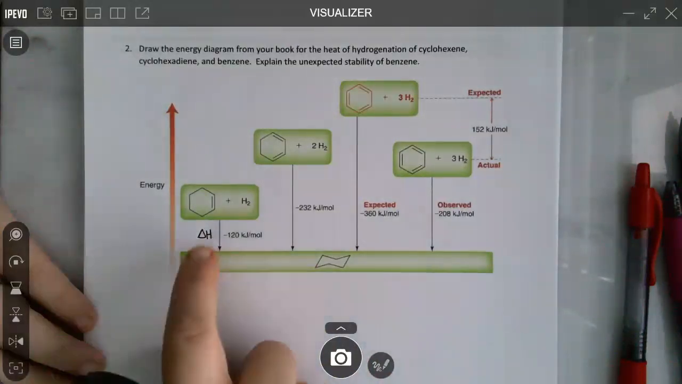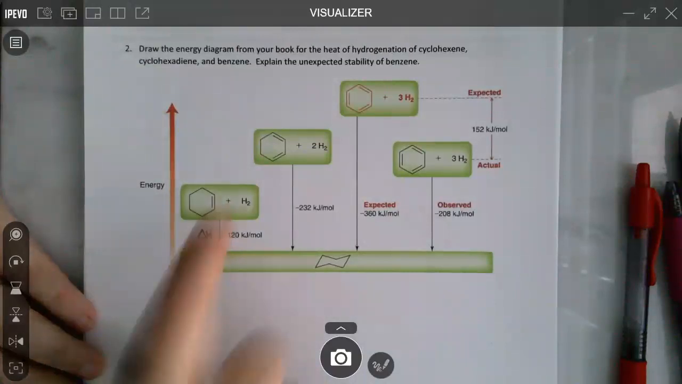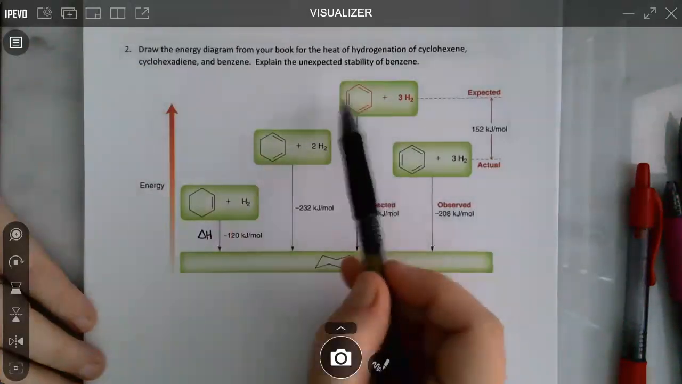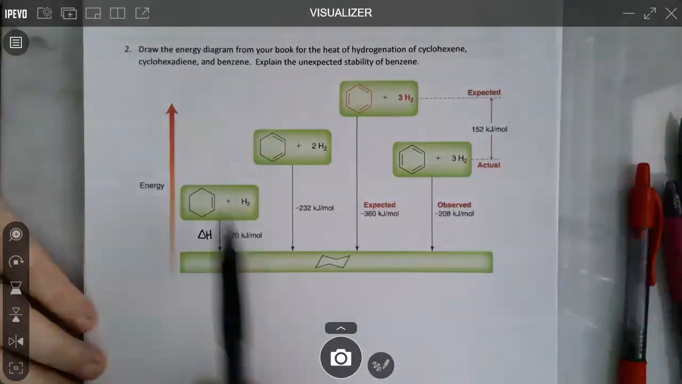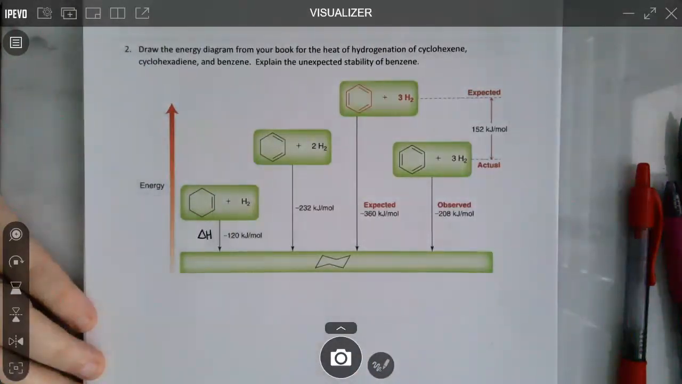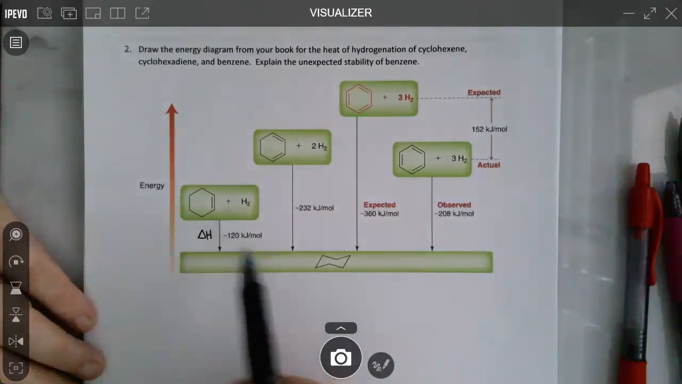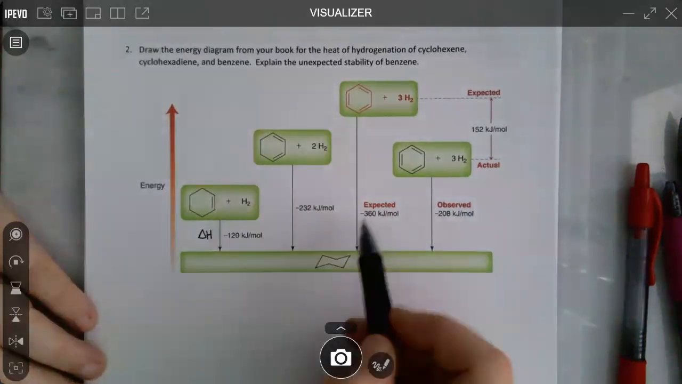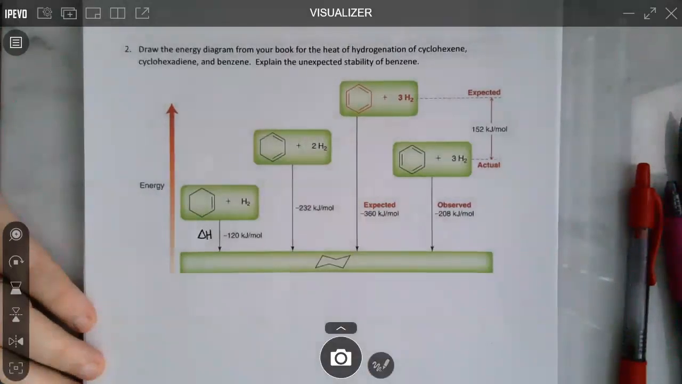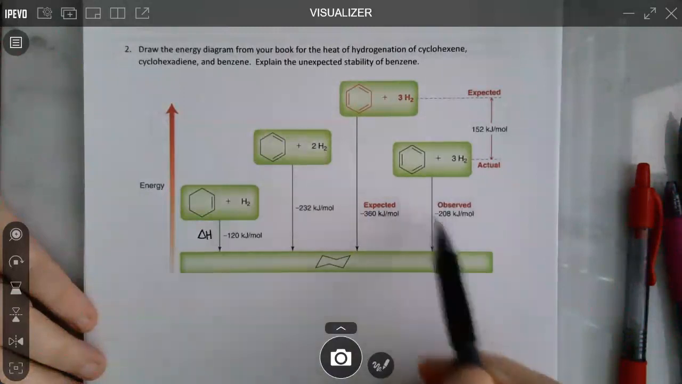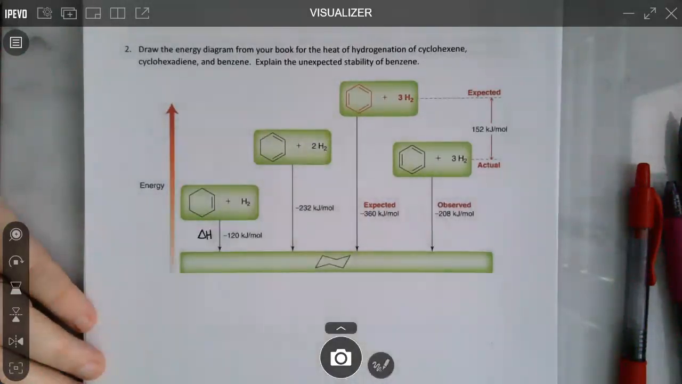So if we take this and multiply it by 3, because there are 3 pi bonds in benzene compared to 1 pi bond in cyclohexene, we would expect 3 times this number. So 120 times 3 is our expected delta H of negative 360 kilojoules per mole. But what we see is that we have an observed delta H of negative 208 kilojoules per mole. So hydrogenating benzene